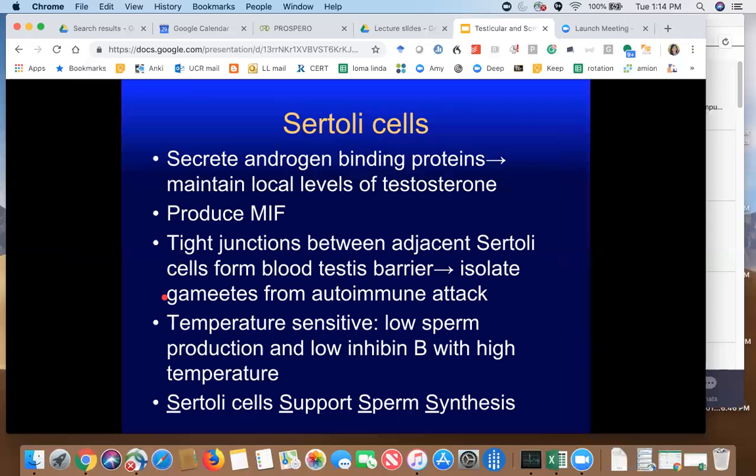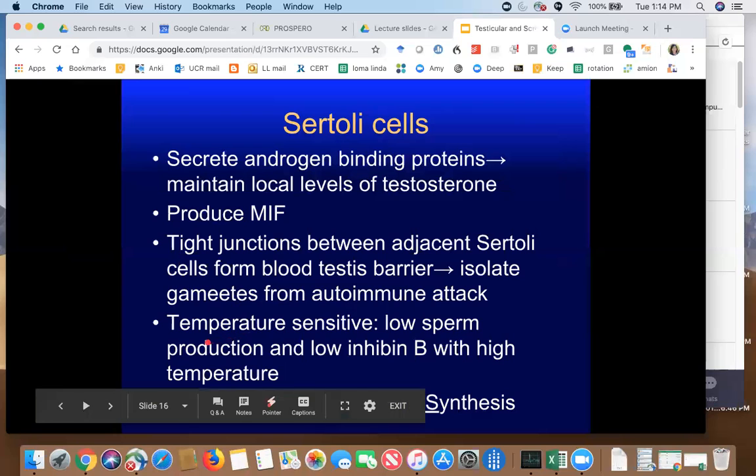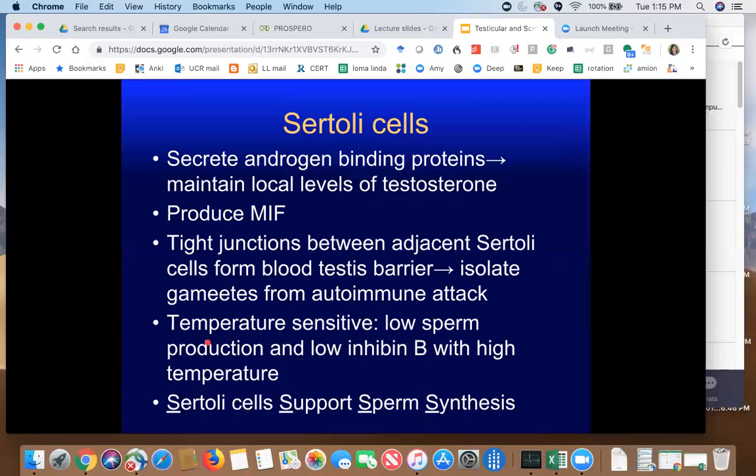This is important because it prevents the gametes, the spermatids, from autoimmune attack. And it's temperature sensitive. So it needs to be in a lower temperature, a cooler temperature than the body temperature. So that's why it's external. And this is important because patients with cryptorchidism, the testes are either in the inguinal canal, or in some cases it could be intraperitoneal. Actually retroperitoneal. They heat up, and so patients with cryptorchidism have an increased risk of infertility